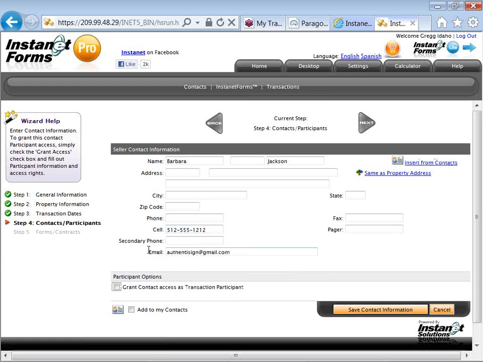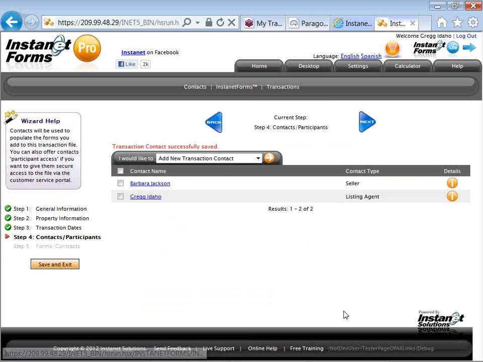Not only do I want to add Barbara to my transaction file, but I also want to save her to my TransactionDesk contacts. So that's why I'm going to check that box, add to my contacts. As I scroll over to the bottom right corner to save this contact information, two things happen. One,